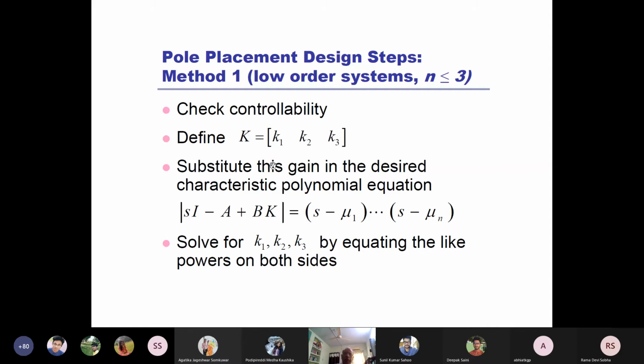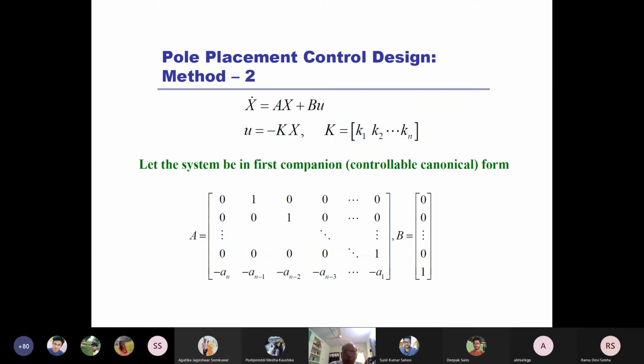This methodology is pretty simple and can be done for a low order system where n is less than or equal to 3. But when n is of higher order, greater than 3, then finding this is not so easy, because you have to find out the determinant and all these things. So this method will become very, very cumbersome. So in that case, for higher order systems, we use